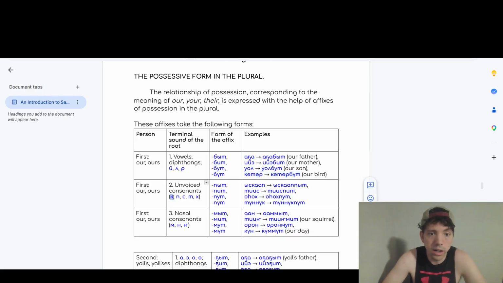If the possessed noun, the thing that you have, ends in k, p, t, or ch, then you're going to add put, pit, put, or put, depending on the vowel harmony. It's going to match the vowels. Escape becomes escapet. Our cabinet, our cupboard, our closet. Tease, tease, pit. Ahoch, ahoch, put. Our furnace or oven. I said I was going to translate. Whoopsie. Tunuk, tunuk, put. All right.